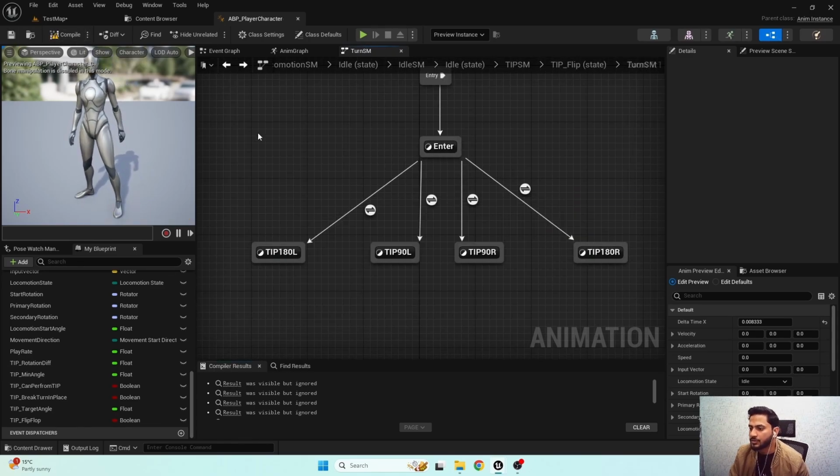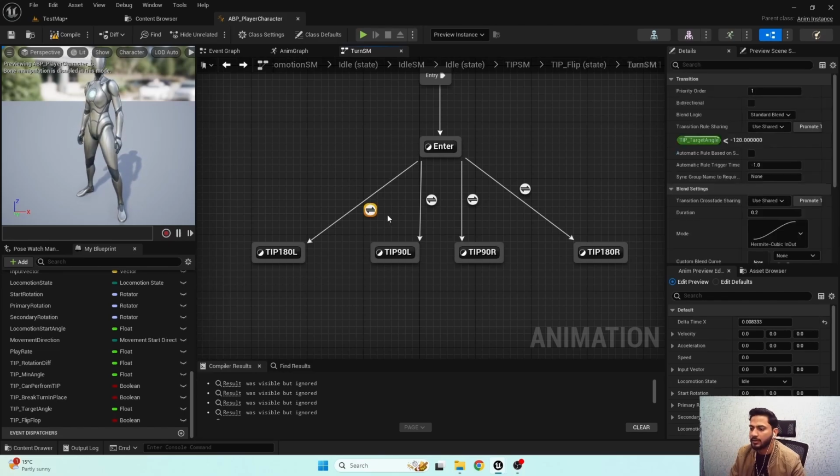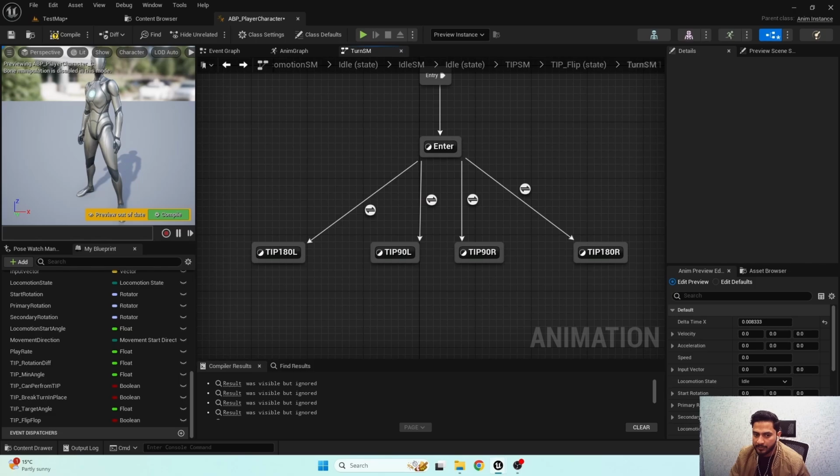Okay, so first we need to set the priority order to 180 left. So the priority order will be 1. If that becomes false, then we need to check the priority order 2, which is turn in place 90 left. Similarly for turn in place 90 right,